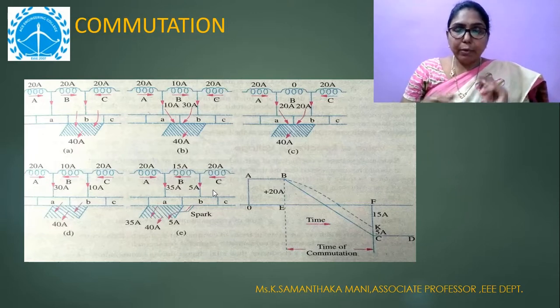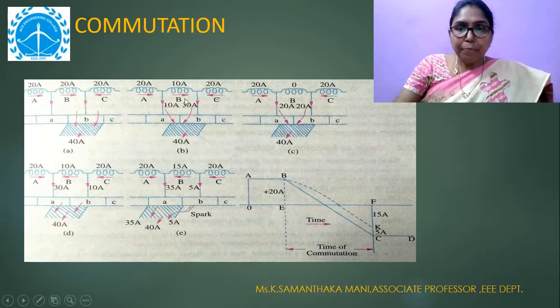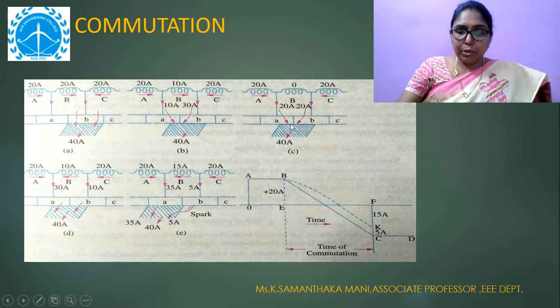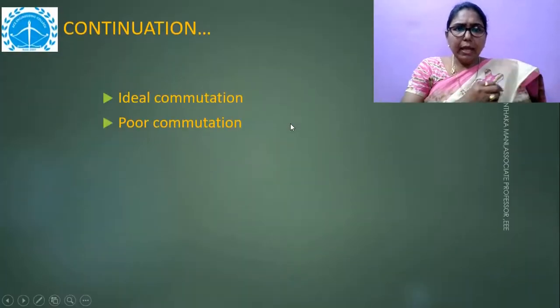But one point I would like to stress here: when the coil is subjected to the short circuit, a self-induced EMF will be induced in this coil. That does not allow the changeover of the current in the reverse direction to the complete magnitude. So this is the drawback. This reactance voltage we are going to calculate in the coming discussion.